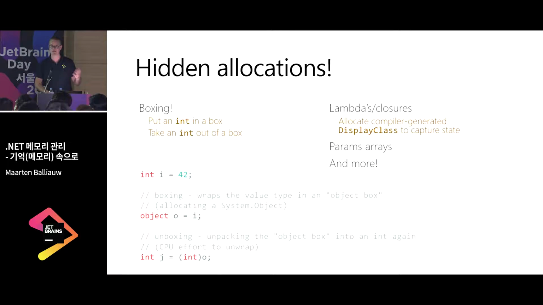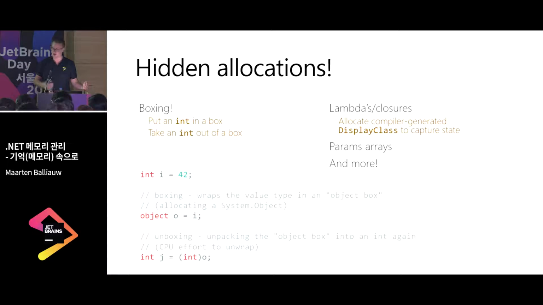Now, next to those visible allocations where we have a clear new keyword, there's also a lot of hidden allocations. So for example, the code snippet that I have here on my slides is boxing something. I create an integer with the value 42. And that integer is allocated on the stack, so no garbage collector is involved. But the problem is, on the next line, I cast it into an object. So that means that the garbage collector is all of a sudden involved, because I'm putting that integer inside of an object box, and that object is a reference type, so it has to be collected at some